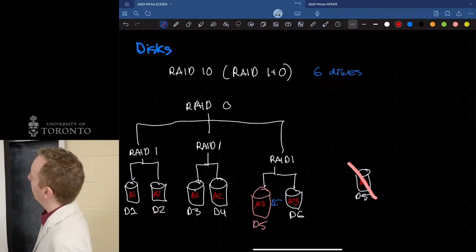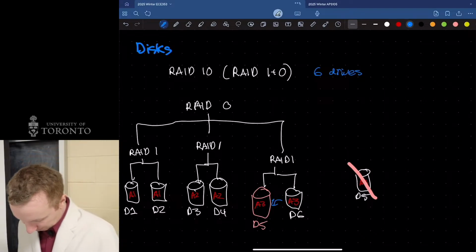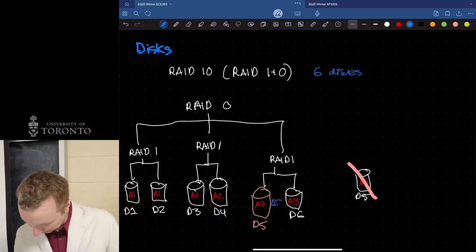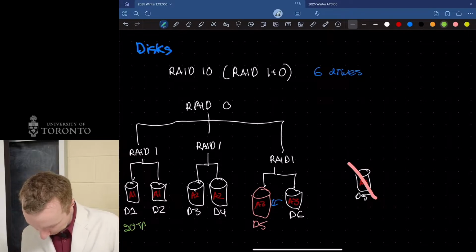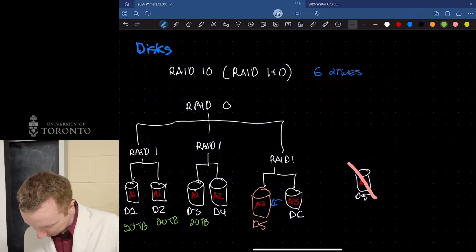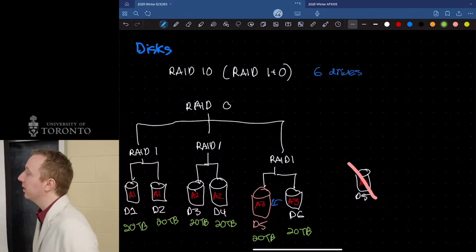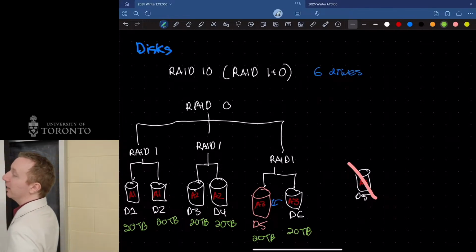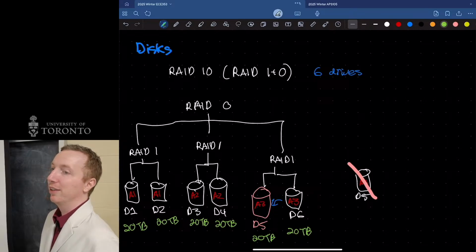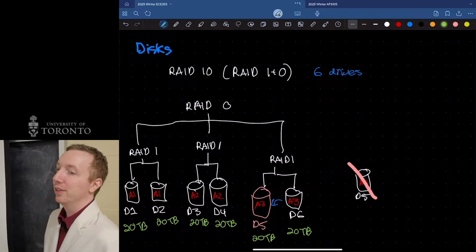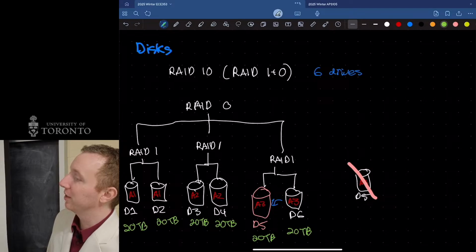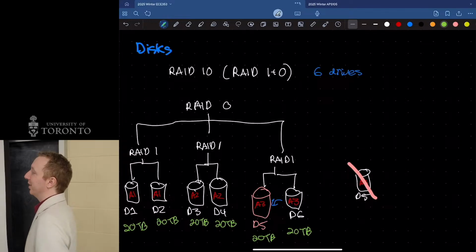In terms of space utilization, let's say each of these drives was 20 terabytes. If each of these drives were 20 terabytes, how much storage can I use for my actual files? Anyone?